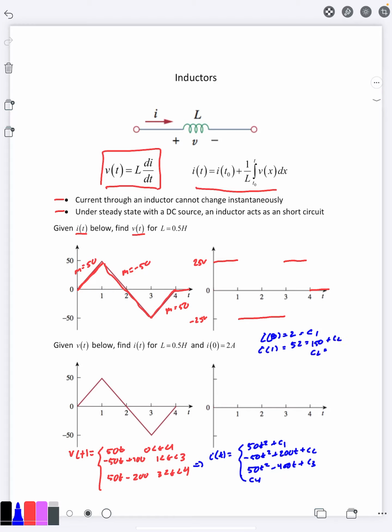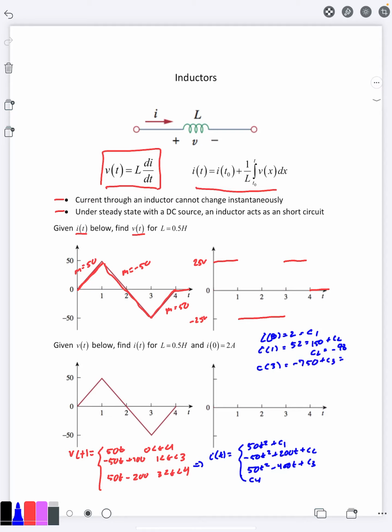So C2 is going to equal negative 98. If I plug in 3 here, let's see, I'll just work it out. Plugging in 3 there, that's 9 times 50, 450, minus 1200, right? That's a negative 750